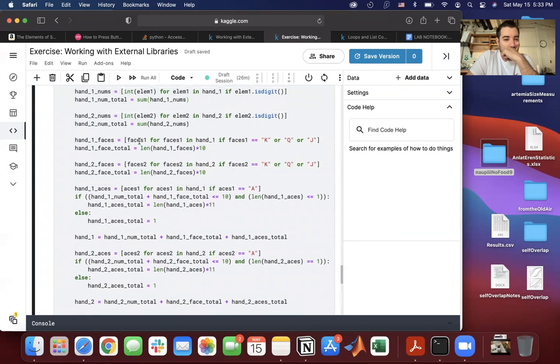So no faces seem fine. If this is an empty list, then this will be 0. This will be 0. If this is an empty one,